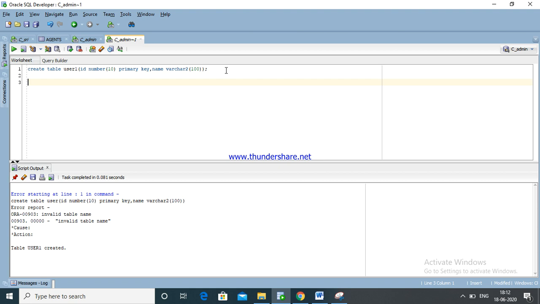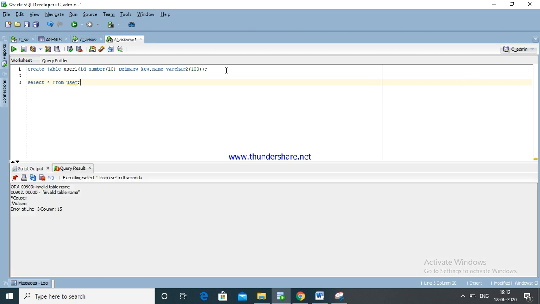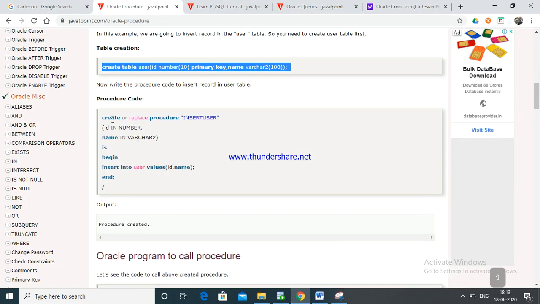Now select star from user1. Okay, name and ID, ID is the primary key. Now I have created a table.